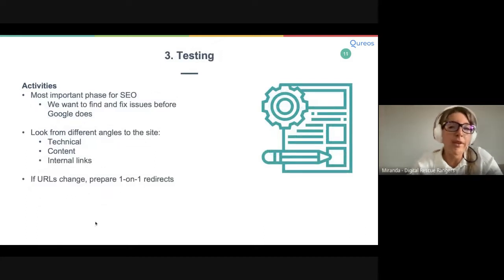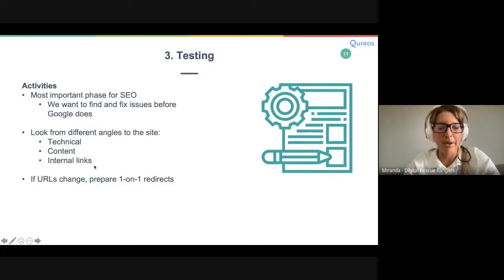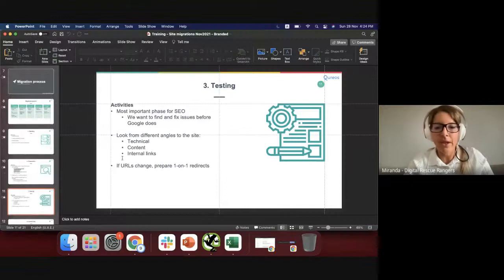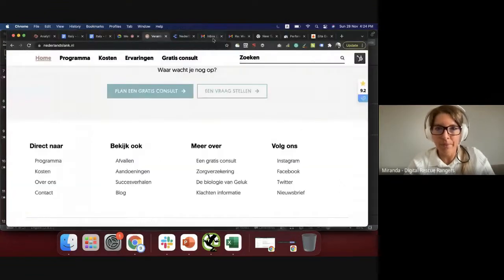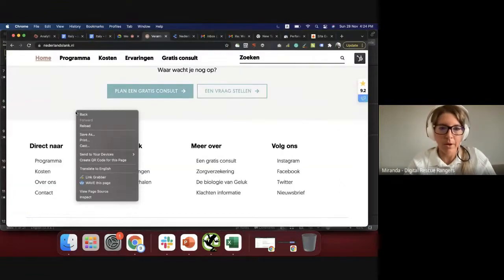Then you come to the testing phase, the most important phase for SEO during the migration, because what we're trying to do is filter out, before the site goes live, anything that could cause a traffic decline. We noticed that with Google, any small change can already cause a traffic decline, and that could be certain markups on the page. And what we mean with markups